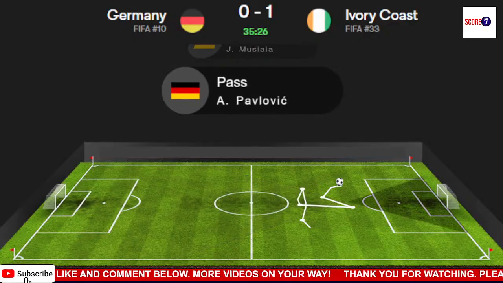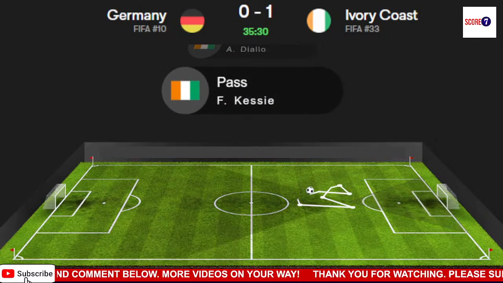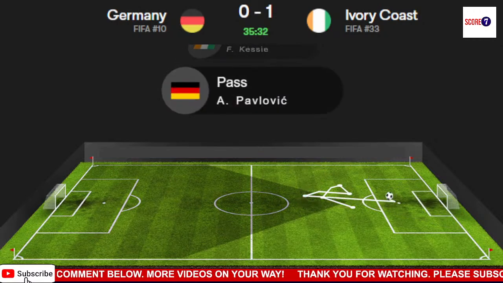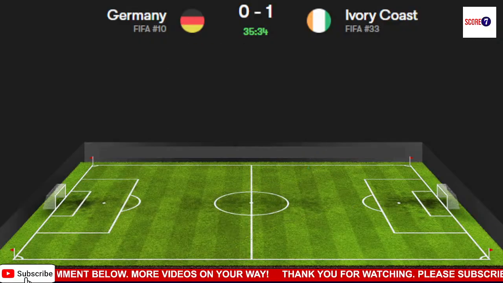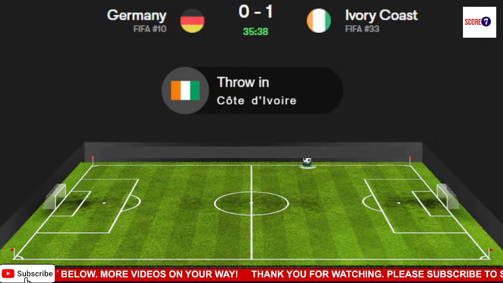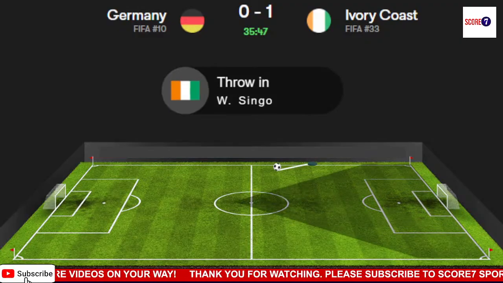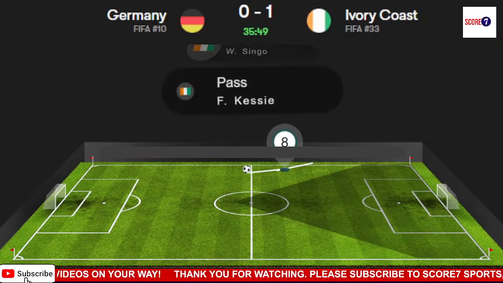Here's Jonathan Tah. Tah with the ball forward, finding Musiala, who looks back to Pavlovic. Pavlovic looks to play it down the left-hand side. It's headed away. Still not cleared, though, as this time Agbadou gets a foot to it. The goalkeeper had rushed out. Agbadou's clearance was poor. He could only pick out Nathaniel Brown, who's bundled to the ground. But the referee says that Amad Diallo didn't foul him, and the final touch came off to Nathaniel Brown, and it's a throw-in